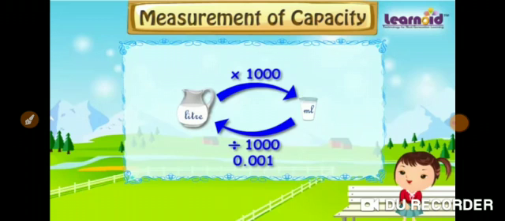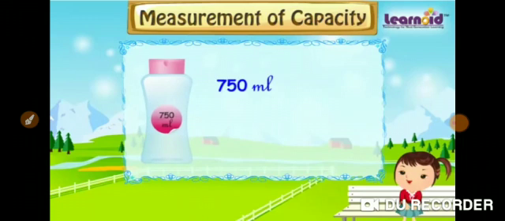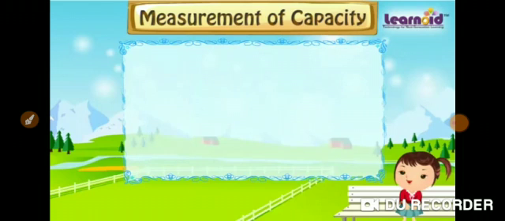Let's say for example, I have got a water bottle of 750 ml of water. Fine. And I want to convert it into liters. I want to see how much of this is in liters. So what will I do? Right, I will divide it by 1000. So what will be the answer? The answer will be 0.750. What will be the unit? Right, we are dividing it. That means we are converting it into liter. So 0.750 liter is the answer for this question.